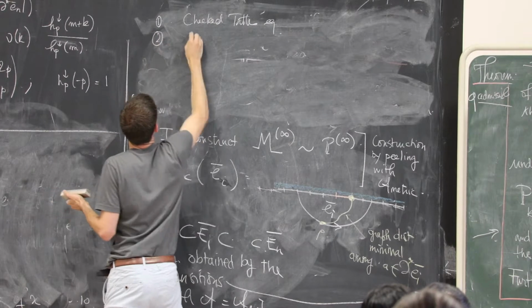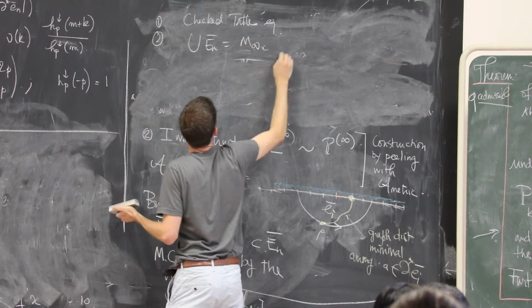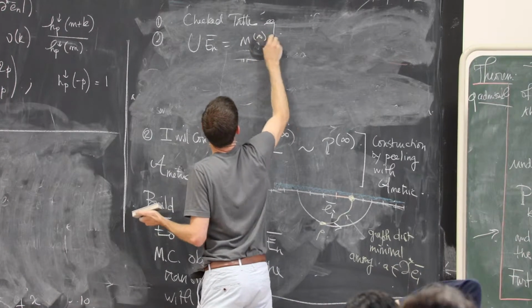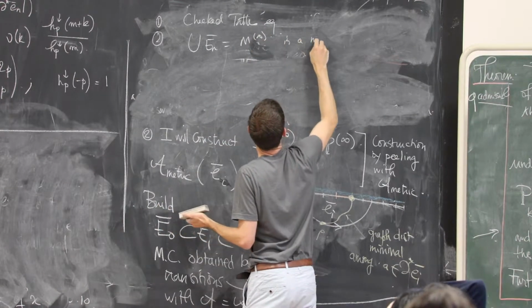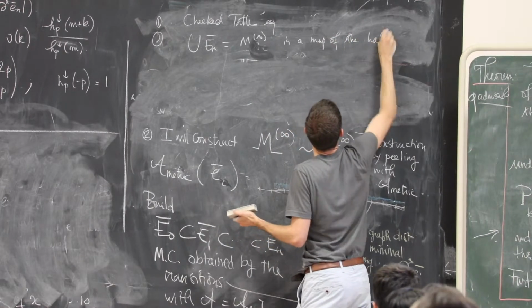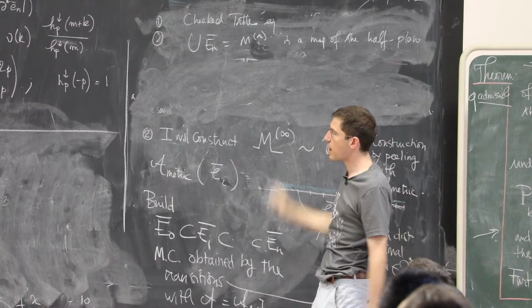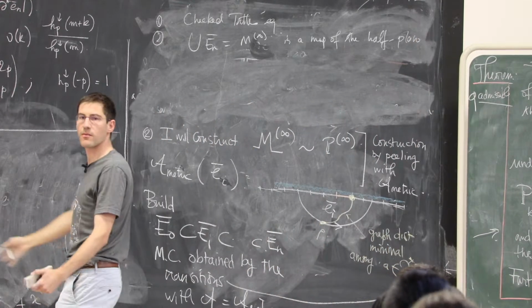Then we construct a map of the half plane. I'm not doing all the details. The fact that it is a map of the half plane is now pretty clear from what you see in the